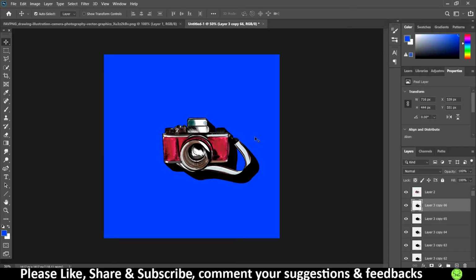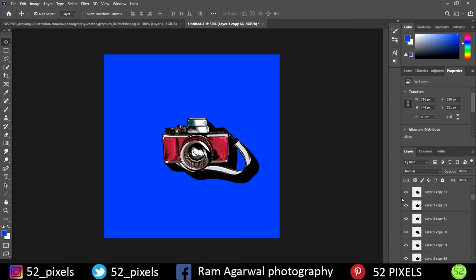So this is my shadow that is coming out, and as you can see, all these copies of the shadow have been created of layer 3. Around I guess 70 copies, 68 copies, have been created of this layer of the black object, the shadow. So why did it happen? It's because when you hold the alt key, it creates an alternative layer, which is a duplicate layer of the selected layer.